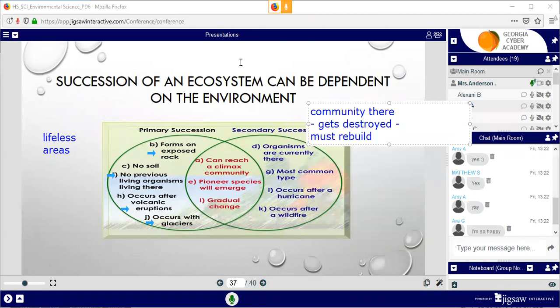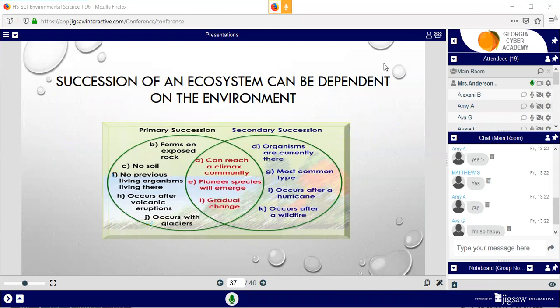So there's already some type of community there. It got destroyed by, let's just use the example of a fire, and that community has to rebuild. Secondary succession is the most common type of succession that occurs. I'm going to show you an example.